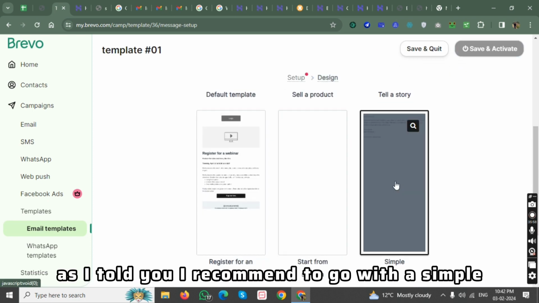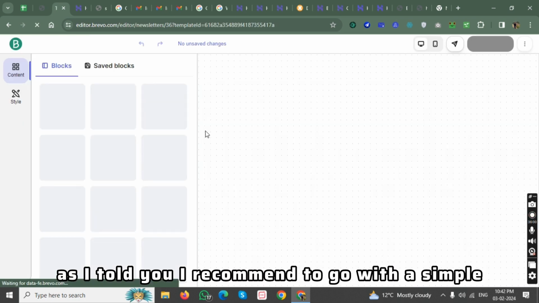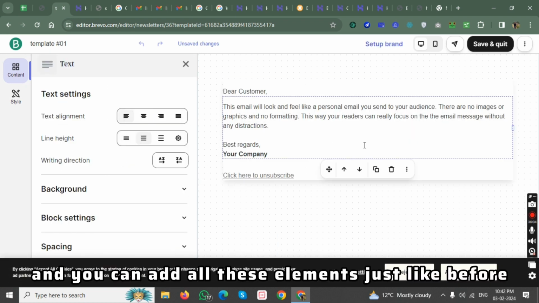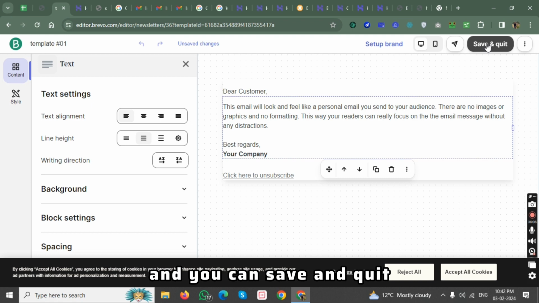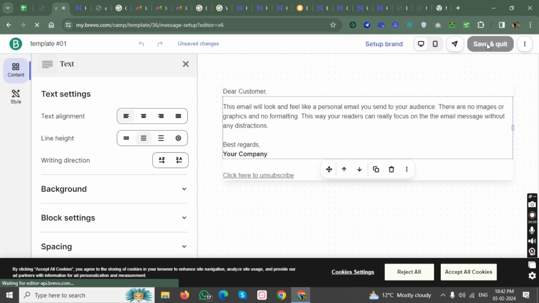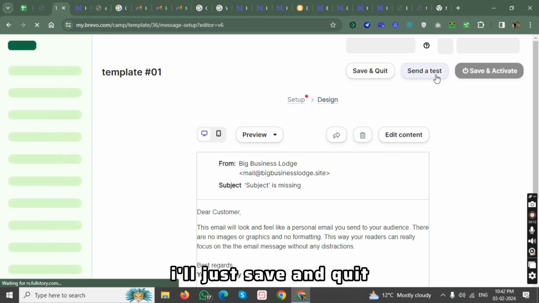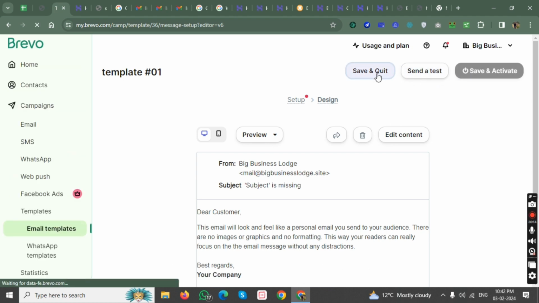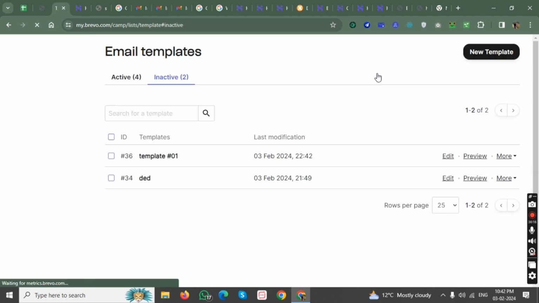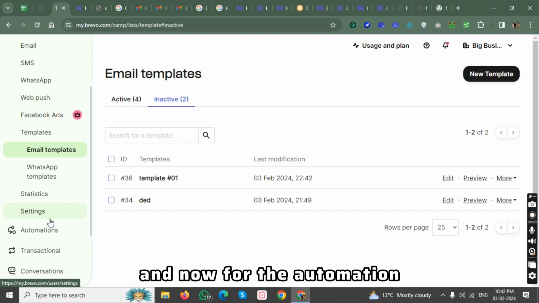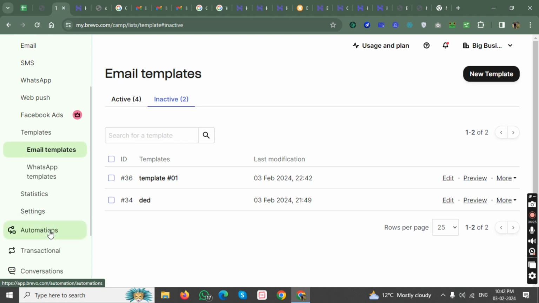Here, as I told you, I recommend going with a simple email, and you can add all these elements just like before, and you can save and quit. Okay, so here we are, ready with template number 1, and now for the automation, we'll go to the